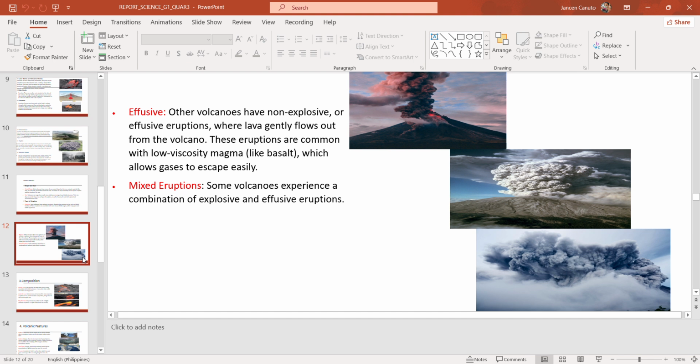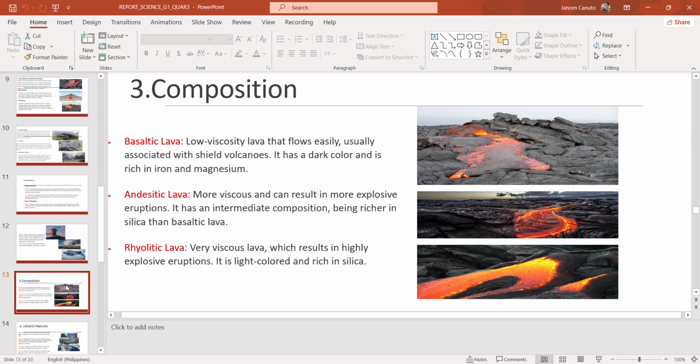A mixed eruption is the combination of effusive and explosive. Composition. Basaltic lava has a dark color and is rich in iron and magnesium. Andesitic lava is richer in silica than basaltic lava. Rhyolitic lava is light colored and rich in silica.